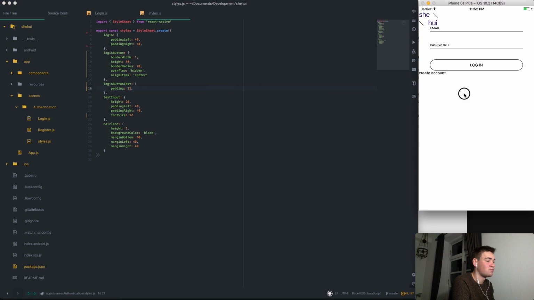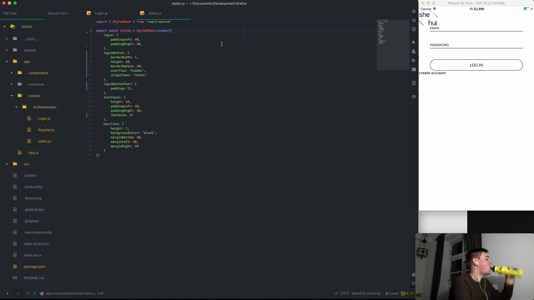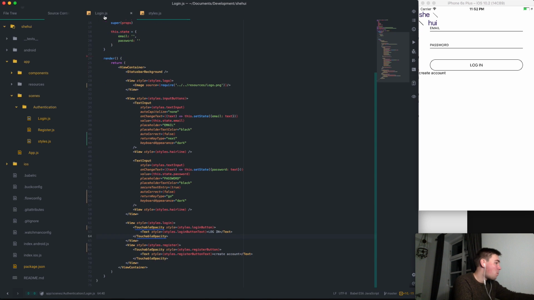Like in pixels? Whatever. I'd say that looks good. I think we're giving it a, well, we'll see after, I think. It's hard to tell right now. Okay, so